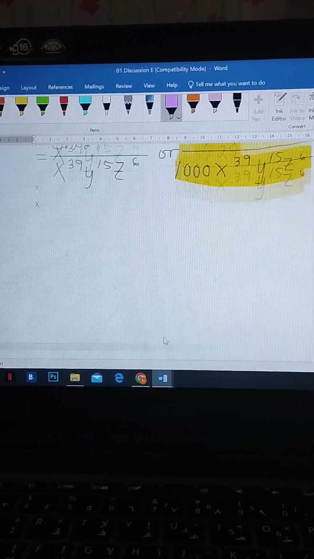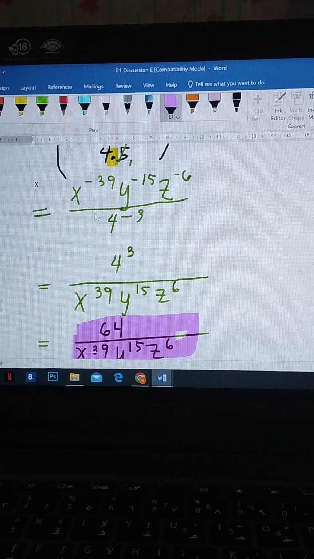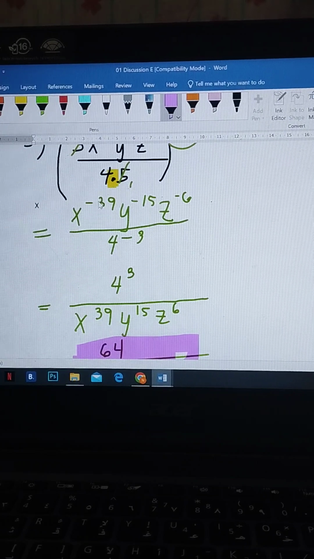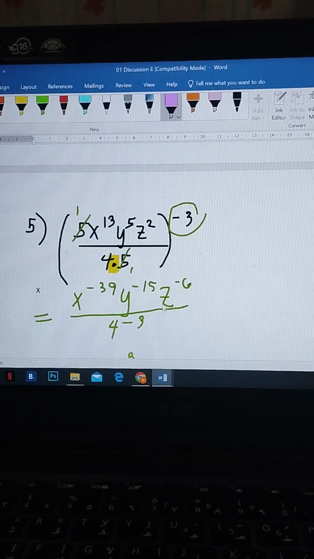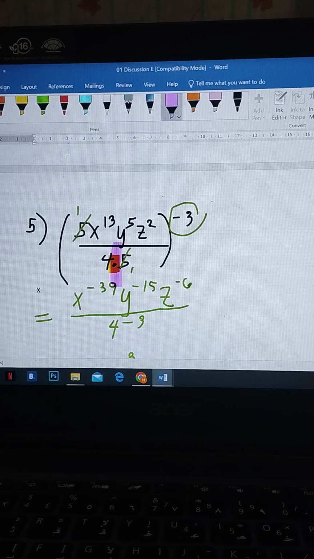If this one is a multiplication, that is 4 times 5. If this is multiplication,